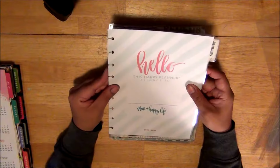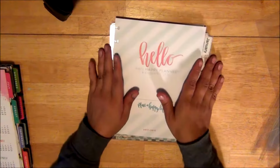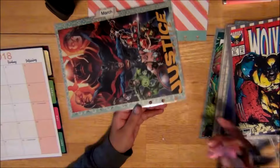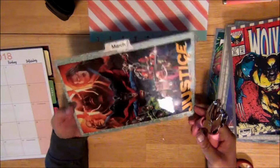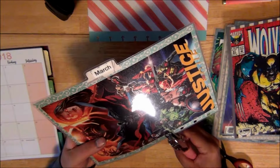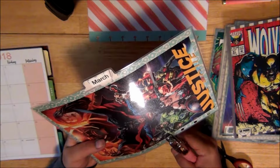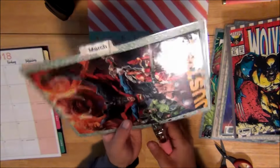we will be done with this. So let me go get my hole punch. Okay, so I'm just gonna keep making holes because this is gonna take a little bit. I have obviously 12 months to go, and I just wanted to show you. It's a little bit